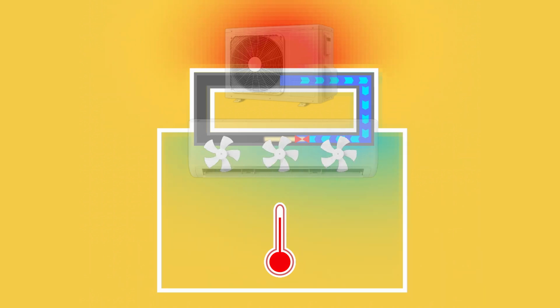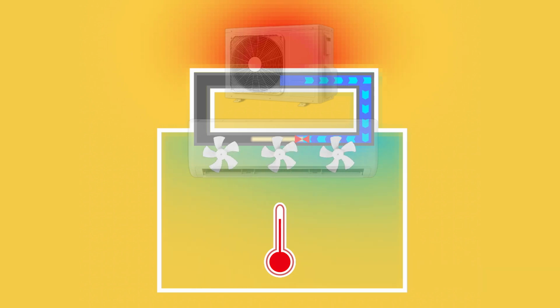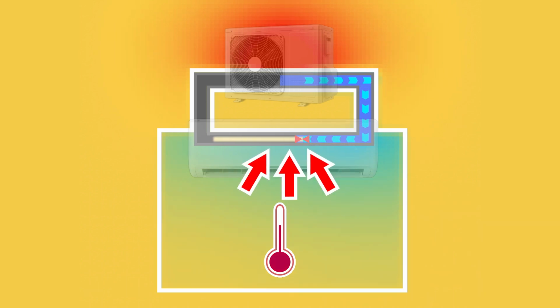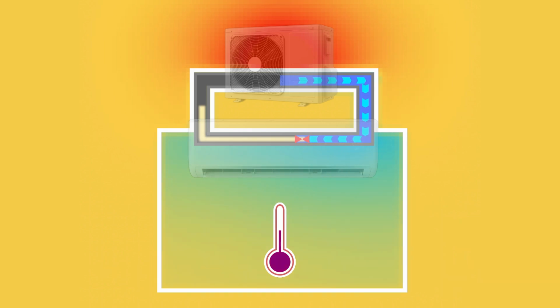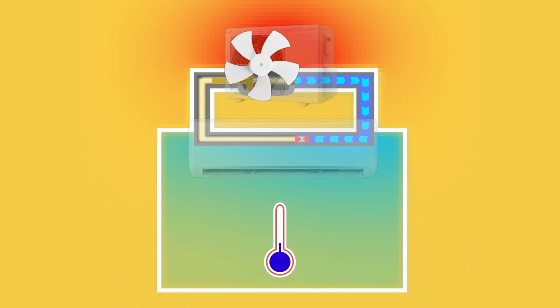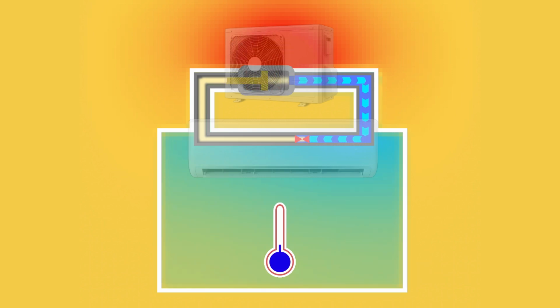A series of fans inside the indoor unit circulates the air inside the room over the pipes. While the liquid refrigerant boils to a gas, it absorbs the heat from the circulating air, thus cooling it down. The refrigerant, which is now in gaseous form, is then pumped back to the external unit where it is compressed back to a liquid using a compressor. This causes it to release heat into the outside air. This hot air is then blown away by a large fan. Finally, the liquid refrigerant is pumped back to the indoor unit, and the process is repeated until the desired